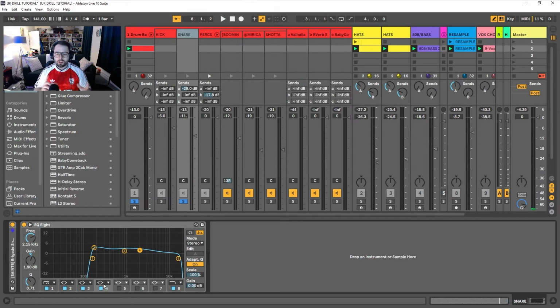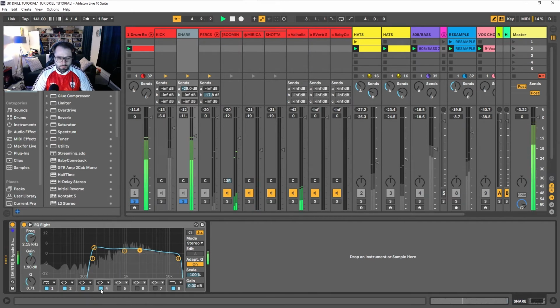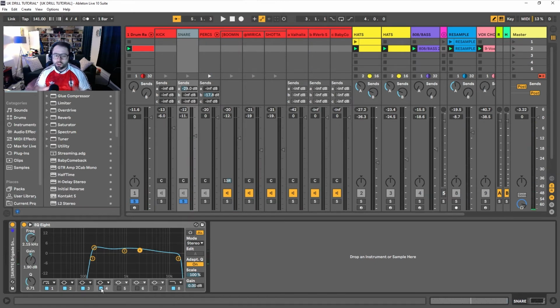So with this next frequency band, we're looking at somewhere between 1.75 and 2.75 kilohertz, and that's where you're going to get a lot of the crack of the snare. So that's the stick really piercing the middle of the drum and getting crack, getting a bit of presence from the wires underneath. Again, just subtle boosts in these areas, but they will make a big difference when they're cutting through against busier parts in the track. Very slight, but you can hear the difference,